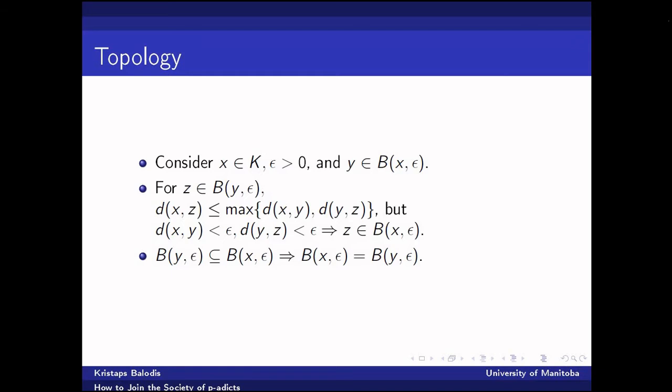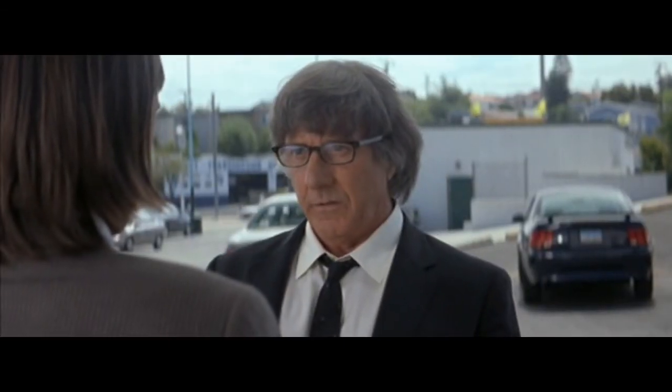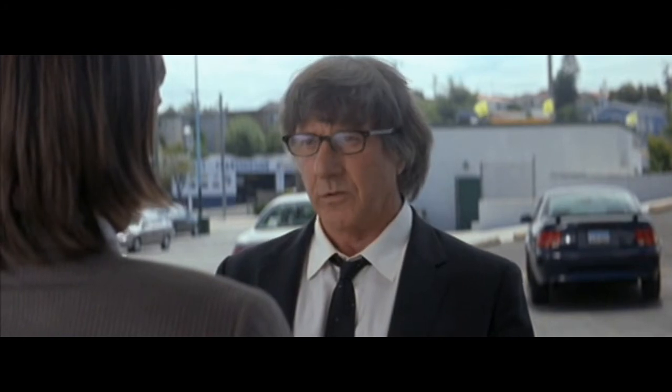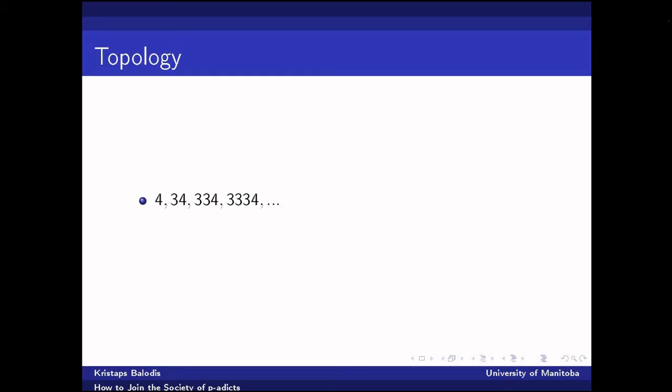So, what does that say? Well, essentially, this says that if you take any ball in a non-Archimedean metric, then every point is the center. The universe is an infinite sphere whose center is everywhere and whose circumference is nowhere. Okay, so now let's start to consider some of the analysis that goes on with these metrics.